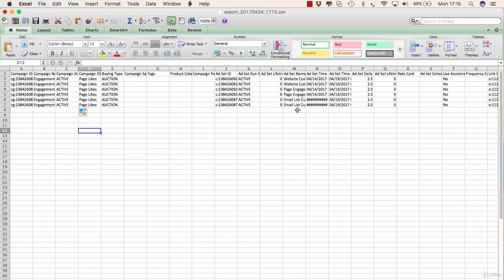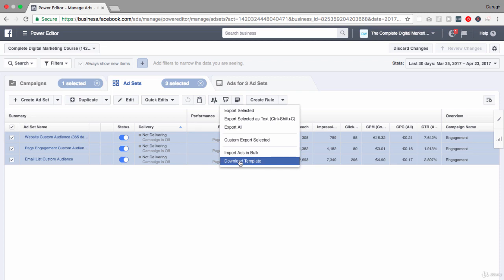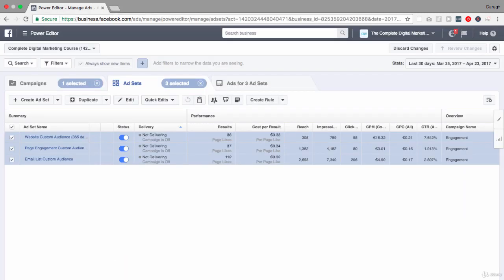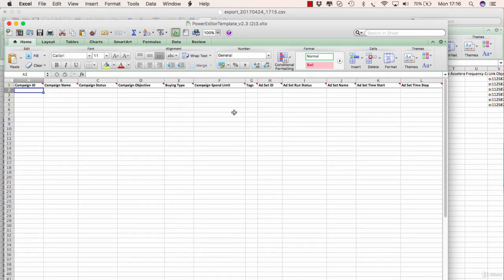Now, as you can imagine, you would probably have to have a lot of ad sets and ads to really justify exporting it, doing it this way, but it is great to know that this option is available. Now, there's another reason that you might want to use Excel in order to create campaigns, either as a freelancer or as a business owner. And that's because you could actually give someone a template. You can see download template here and ask them to create campaigns for you. Or if you're working as a freelancer, create campaigns here, send them to people,